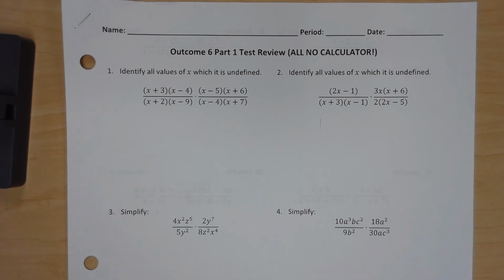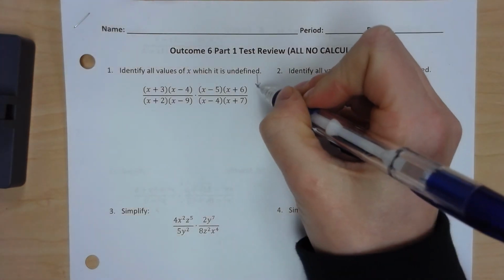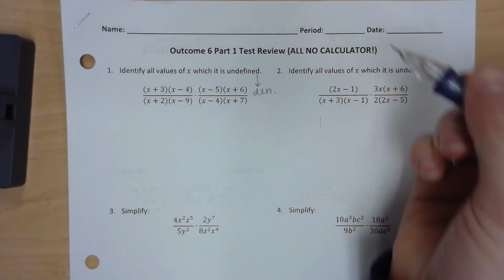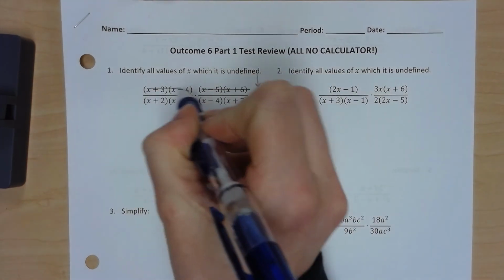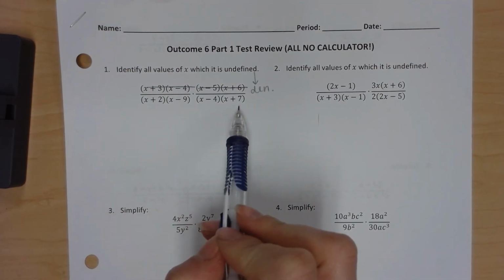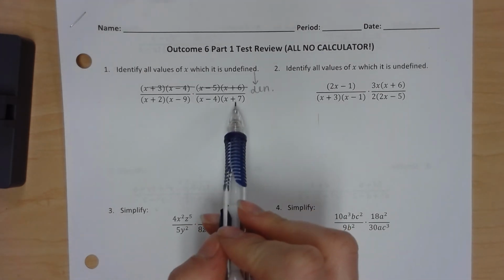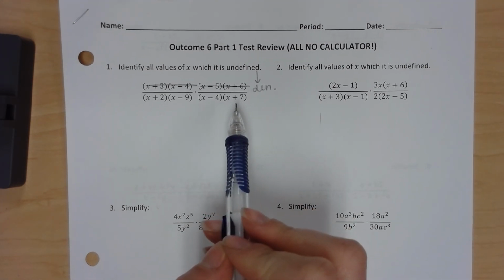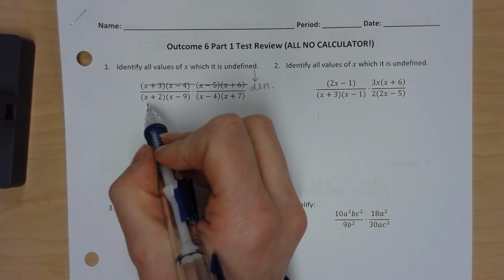Number 1 says identify all values of x for which it is undefined. Undefined, we know, comes from the denominator, so I am not going to focus on the numerators of my fractions at all. I'm only going to look at the denominators. In order for it to be undefined, my denominator cannot be equal to 0. So we're going to look at each individual